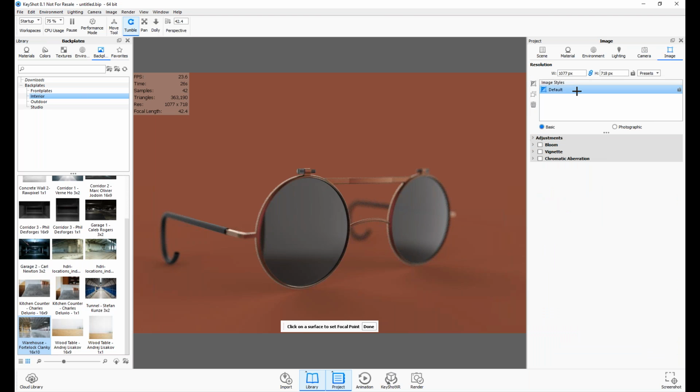So here within the image tab, we can define our resolution. Our resolution can be locked or unlocked. We can always use presets too. So we have landscape, portrait, we have custom presets that we can define. And once we have chosen our resolution, then we can choose to either screenshot, or we can go to the